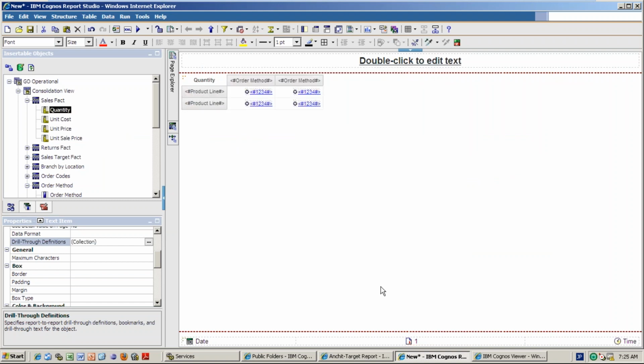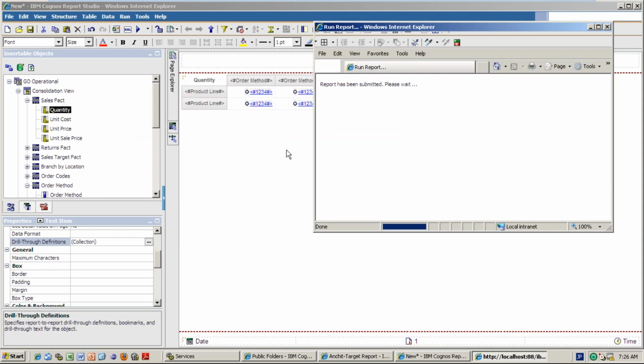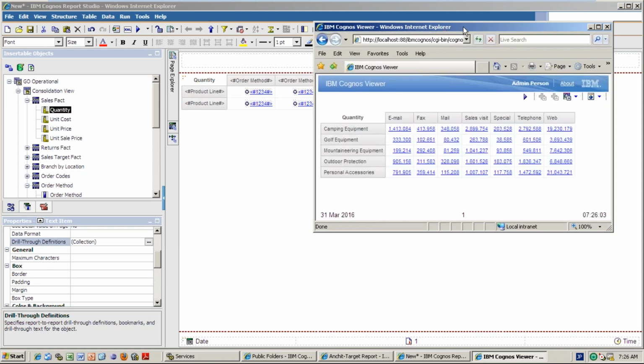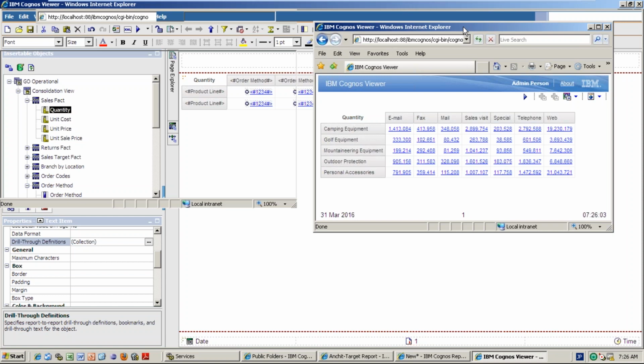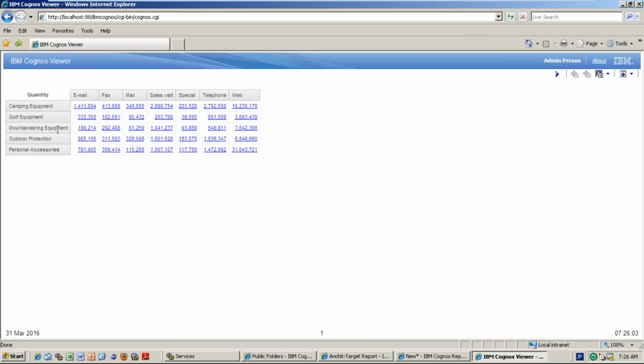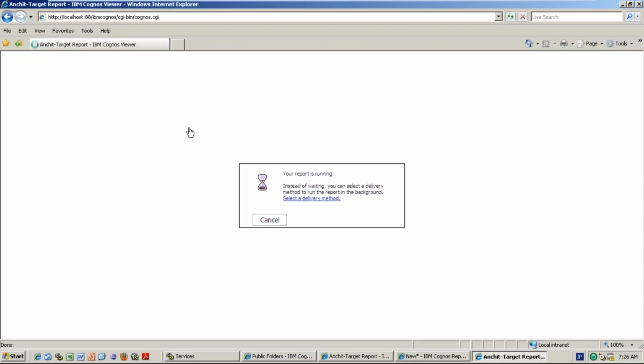So that means in the source report, I have created a drill through definition, and you see below underline here. Now run the source report. This is the source report. Okay, your data, see, it is coming in a crosstab. But I want to see mountaineering equipment special, this one, and I want to see the description of this one. If I click it, 93,356. So mountaineering equipment special values have to open in the target report. So now it is passing mountaineering equipment and special to the target report. See now Anchit target report is opening. So mountaineering equipment and special related data information only comes.